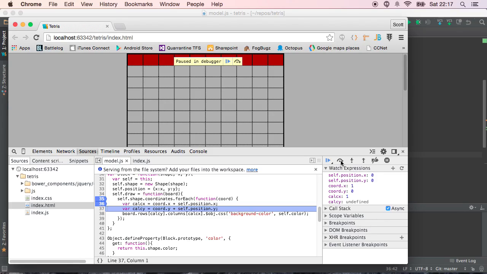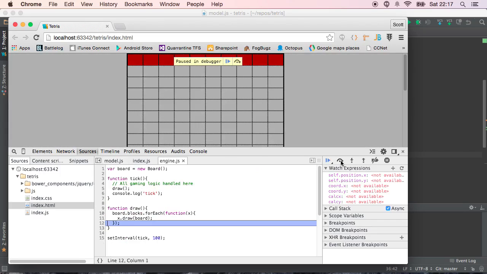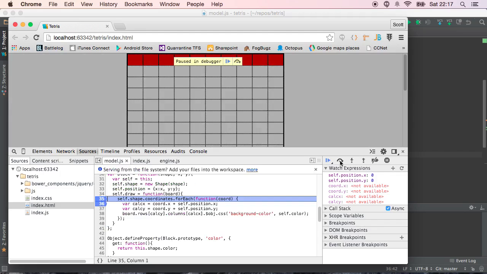Our position is 0, so we should get, yep, that looks right. 1, 0, 2, 0, 3, 0, and then we should exit, and we do. Okay, so we're going to continue on, and we're going to see what happens in the next time that we hit this. Because really what I want to do is figure out why is it highlighting the entire row instead